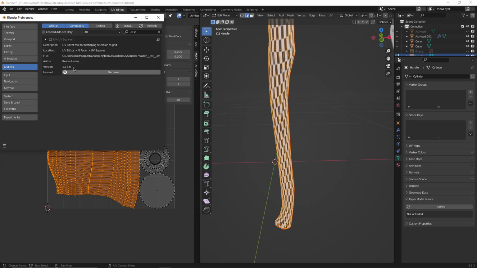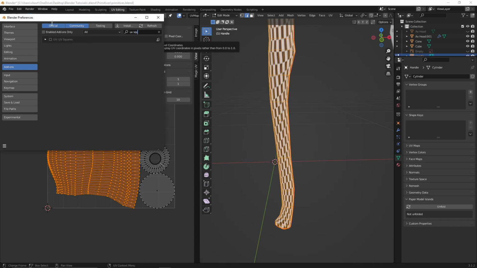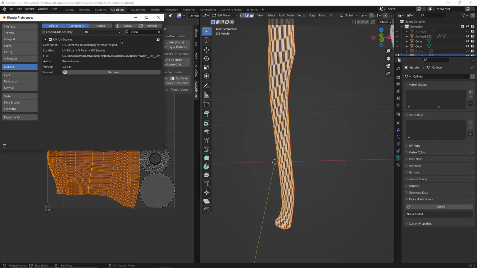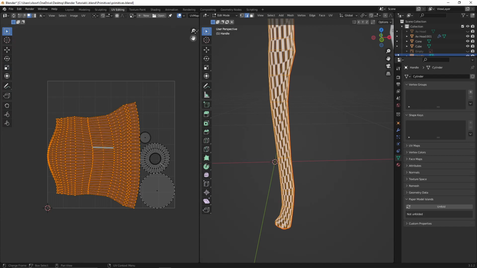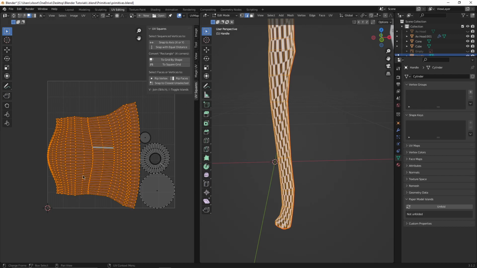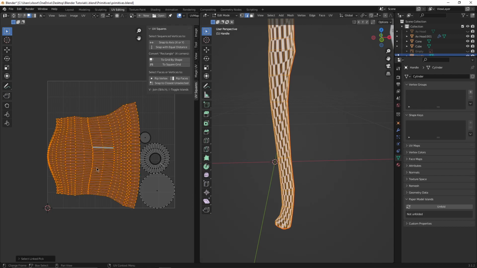So if you type in UV Squares, you're gonna see this, right? And I'm gonna click it on, and now you have it installed, right? And if you press N here, it pulls up this side menu, right? And you can see all these things. You can just go straight down to UV Squares. And when you have your tile selected and press L, you select the whole thing, and what you can do